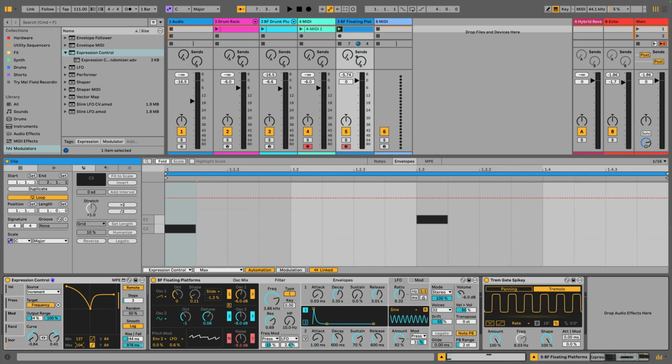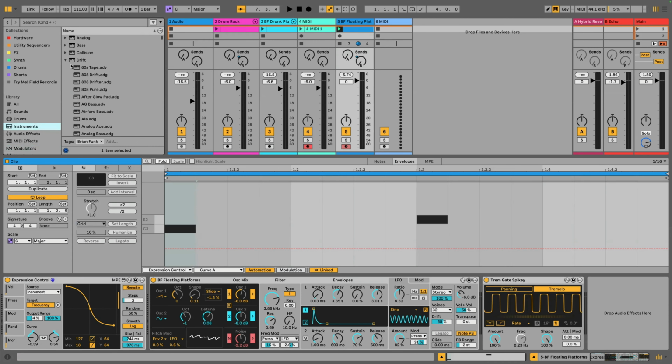Playing around with the minimum and the maximum, I could see this being really cool for volume control stuff too, like to get a swell at the end of a phrase or something. This is one of those devices where the imagination comes in, where you think about, all right, how am I going to do this? Something I've played around with a little bit. If I give you an instrument rack,